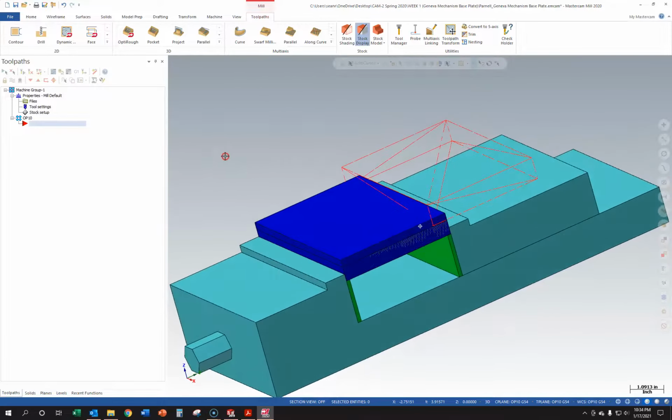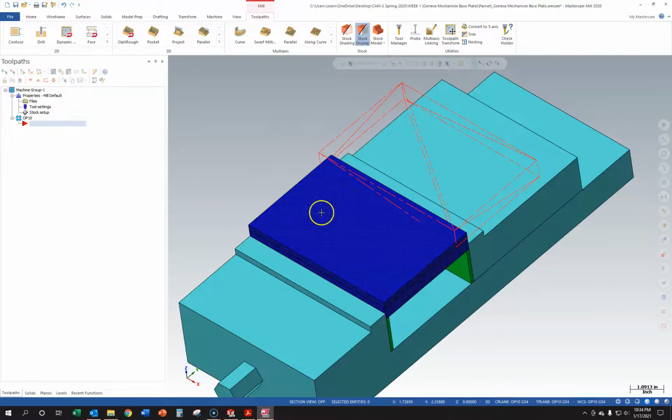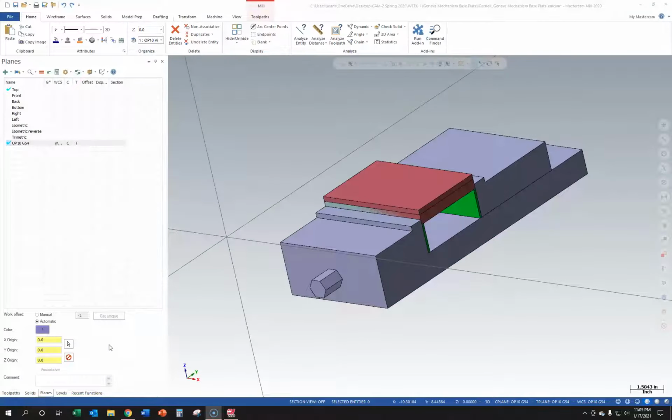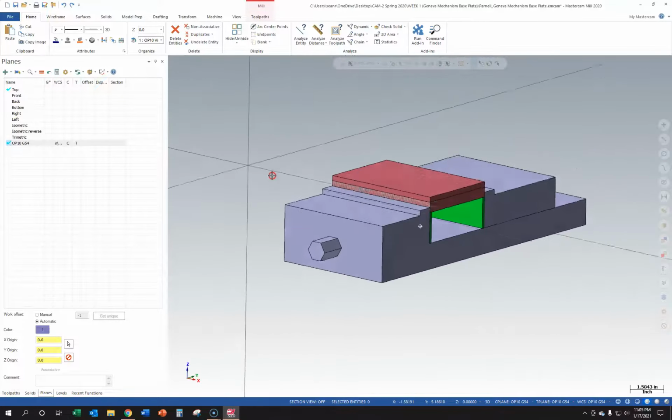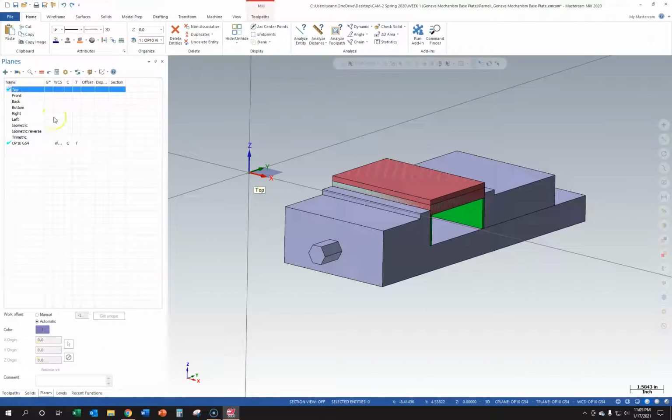And the position is off, which is interesting. Let me check that out for a second. Okay, so I bumped into an issue that I wasn't aware of. In order for the solid stock to work the way we want it to, it has to be in line with the top origin. And I didn't set it up that way, so I'm going to show you how to reset it real quick before we move on. And then I'll remember this in the future, so we won't have to deal with this